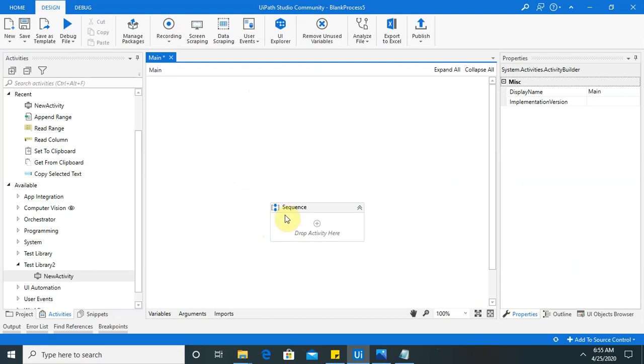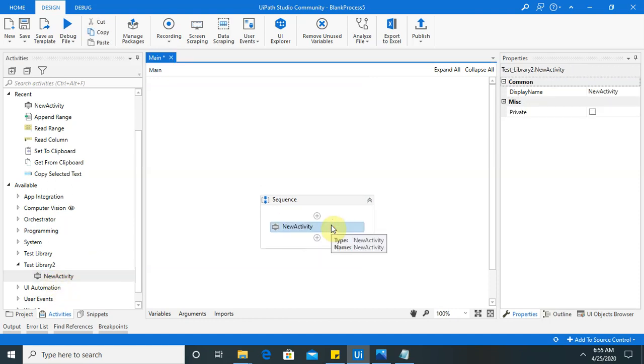In that process, nothing else is available. Whatever activity I have created or added, the customized activity, or you can see the library which is added in my activity panel, I am dragging and dropping these activities. If you want to have a look at how to create a library or add that library in your activity panel, you can watch my previous session so that you will get to know how to create the library and add the customized library in your activity panel.